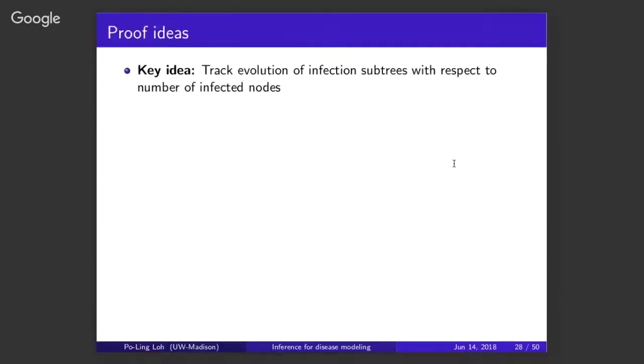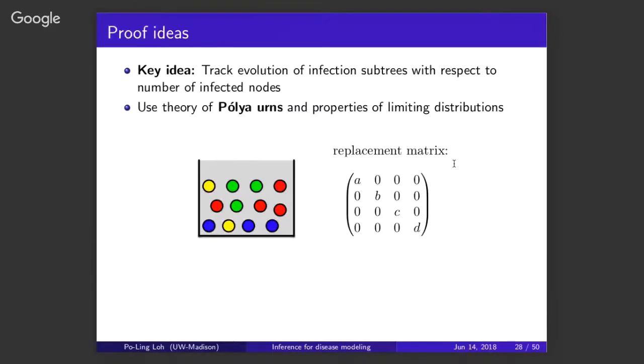All right. So now I'll say a little bit about the proof. I'm not going to say too much. I just want to show some pictures and give some rough intuition. The main proof technique here is to use this notion of Pólya urns, which I'll introduce and review very briefly. It might not be immediately obvious what this has to do with the graph, but let me just explain how a Pólya urn works and then relate it back to the graph.